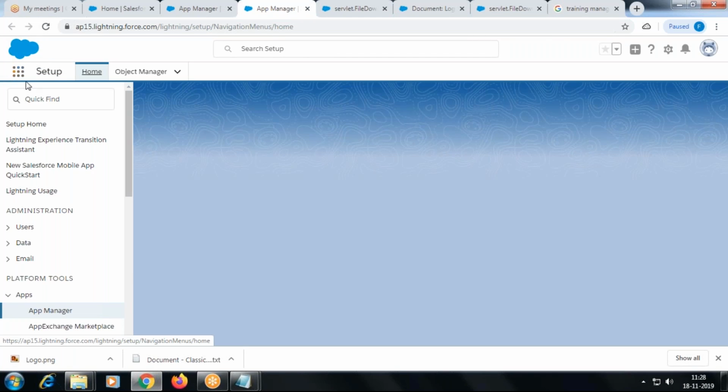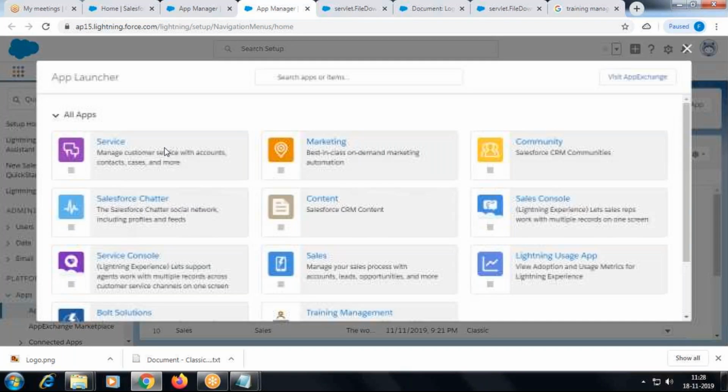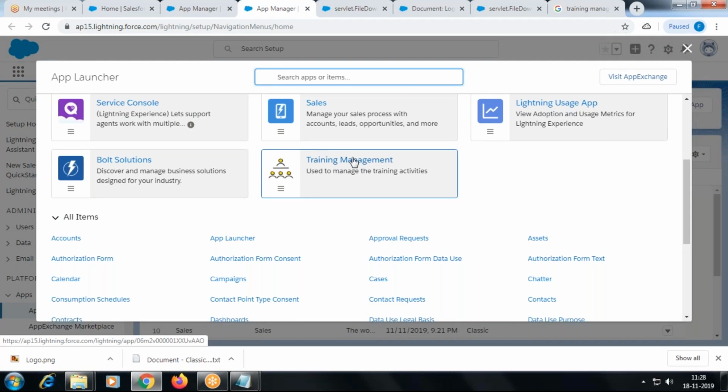How do you call this tile symbol? App launcher. Okay, app launcher. Now Training Management is available.